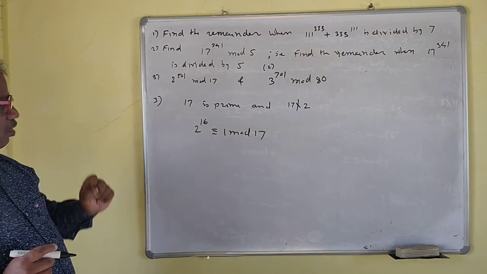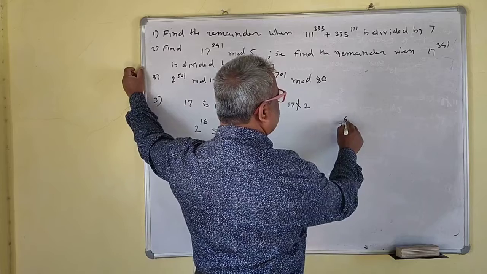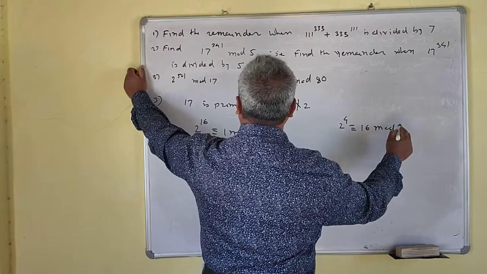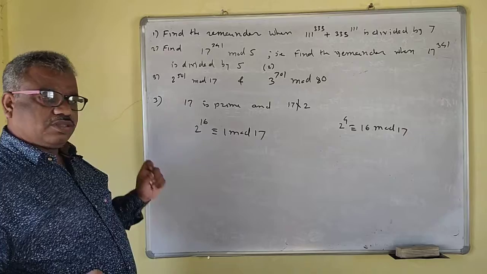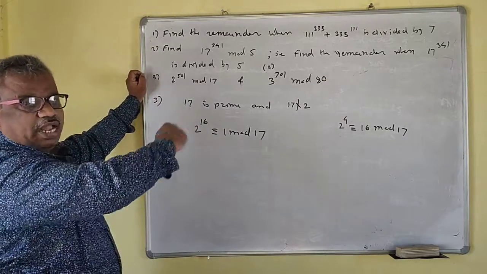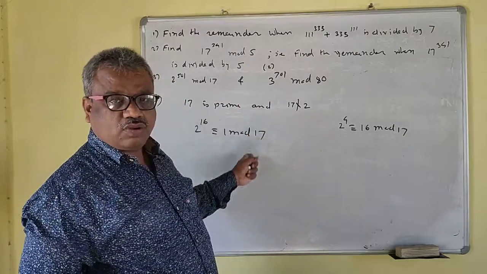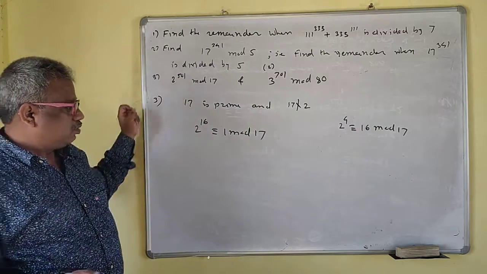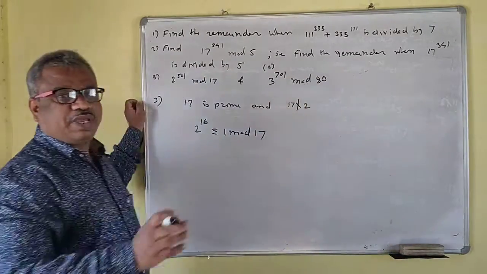Now this is also very nice: 2 to the power 4 is 16 modulo 17. So we can do this one too, no problem. This is also right. We'll divide 501 by 16, find the quotient and take that power, and then we will see what happens. This also works, but here you have to divide. So we'll solve this problem and then go to the simpler one. So two ways we can solve this problem.